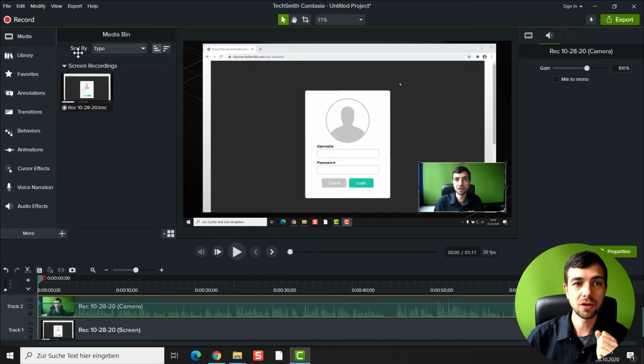Media bin, where you collect the media you want to use. Canvas, where you arrange things in the space. Right side are the properties, and on the bottom is the timeline. Now, on the timeline, there is one important thing I need to mention, and that is